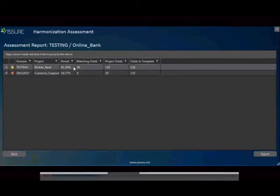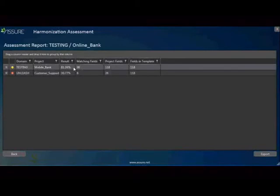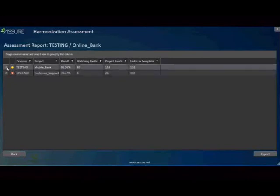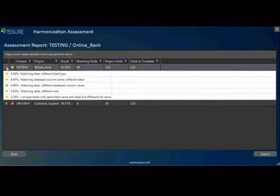You're immediately given an overall evaluation that shows the compatibility rating between these projects and the template. You can see that the mobile bank is fairly compatible. You can probably report on some of the things in this project, but there's still a lot of things that you need to solve. So there's a lot of